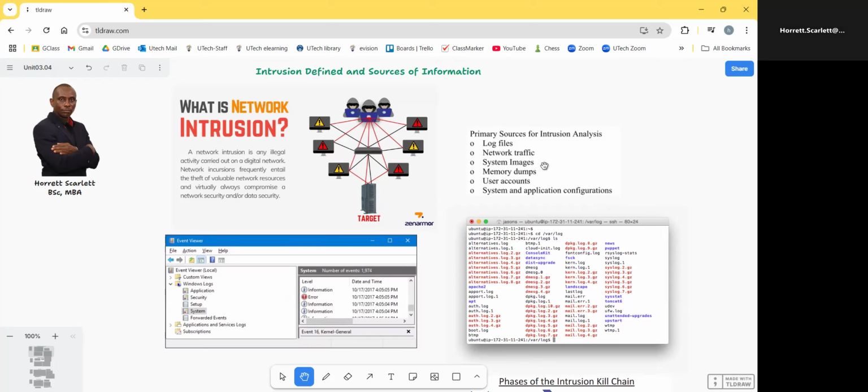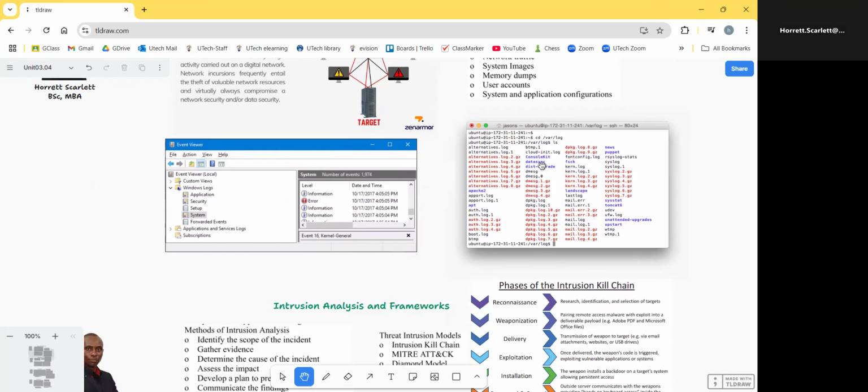Also, in terms of system images, we can take snapshots of our system, and this can tell us when something has changed. For example, a new program has probably been installed, that should not have been there. And the presence of this new application is now creating havoc. So that is when we realize that things are going wrong. So we can have a look at these sources in terms of trying to analyze what is happening within the system,